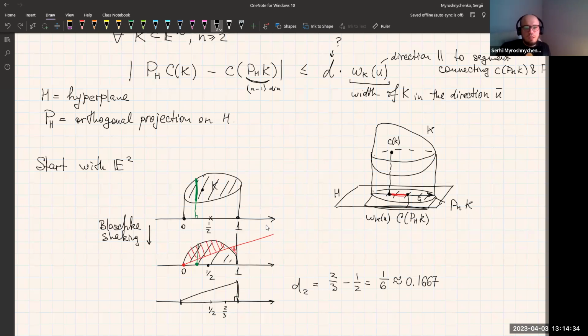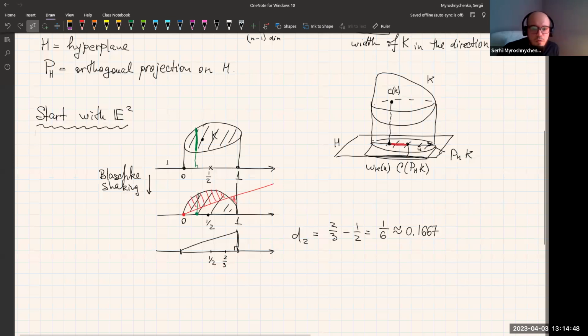Right, so the idea is to bring it down and then push it to one side. So this is what you should do to obtain the maximal distance for the two-dimensional case. Now, if you think about the higher dimensional case, even starting from three-dimensional, the situation is not so trivial anymore because